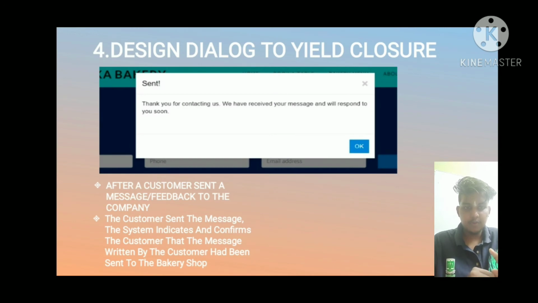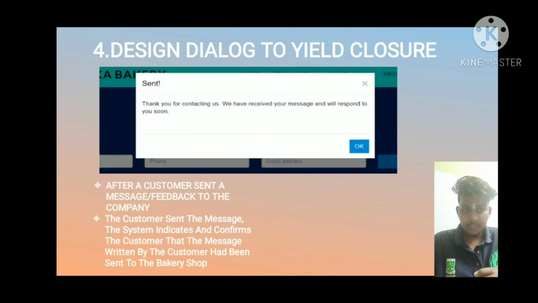The fourth rule of Schneiderman's golden rules, design dialog to yield closure. This is a message given by the website after a customer sends a message or feedback to the company.